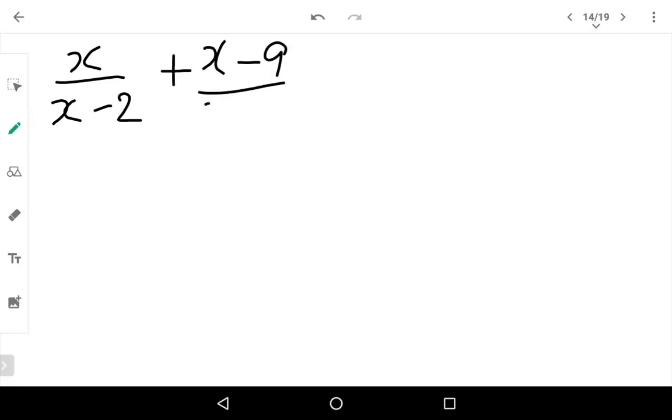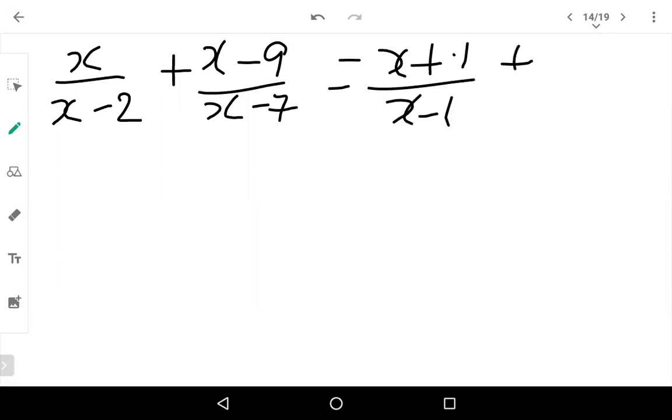So x by x minus 2 plus x minus 9 by x minus 7 is equal to x plus 1 by x minus 1 plus x minus 8 by x minus 6. So this is the question that we have. Okay, and we are doing